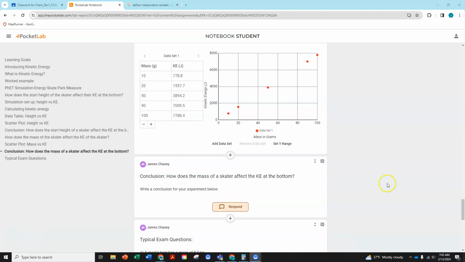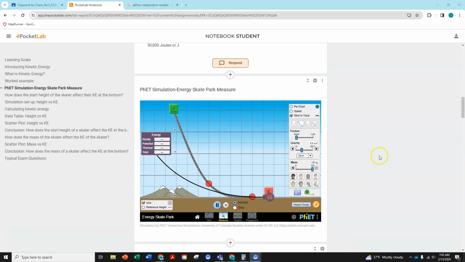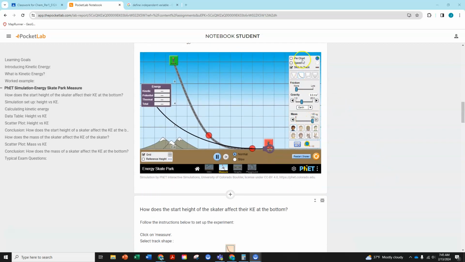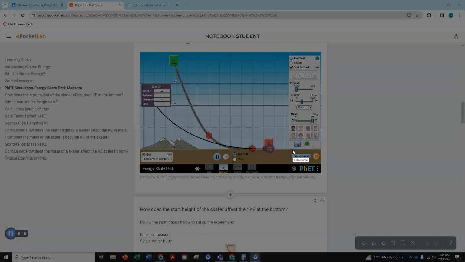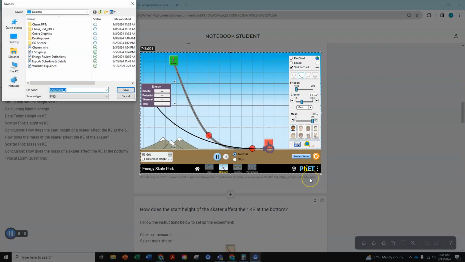Now that we have a data set, we want to make sure that we take a picture. We're doing a screenshot of our experiment showing the change in mass. So you can do that with snipping tool, or you can do that with any other screen capture. So Shift-Alt-S I think works for you guys in Windows. So I'm going to take this screenshot right here. You have to save it as a file. So we'll call it Energy Park 2,